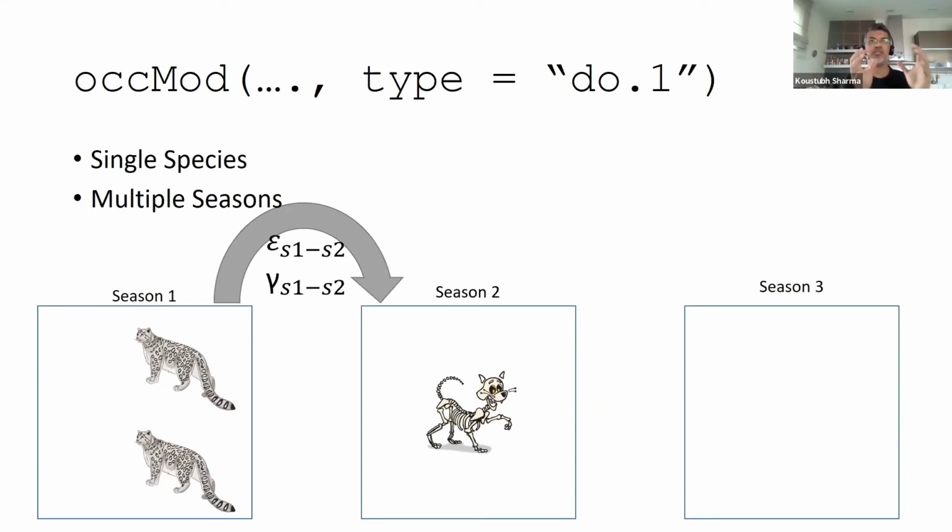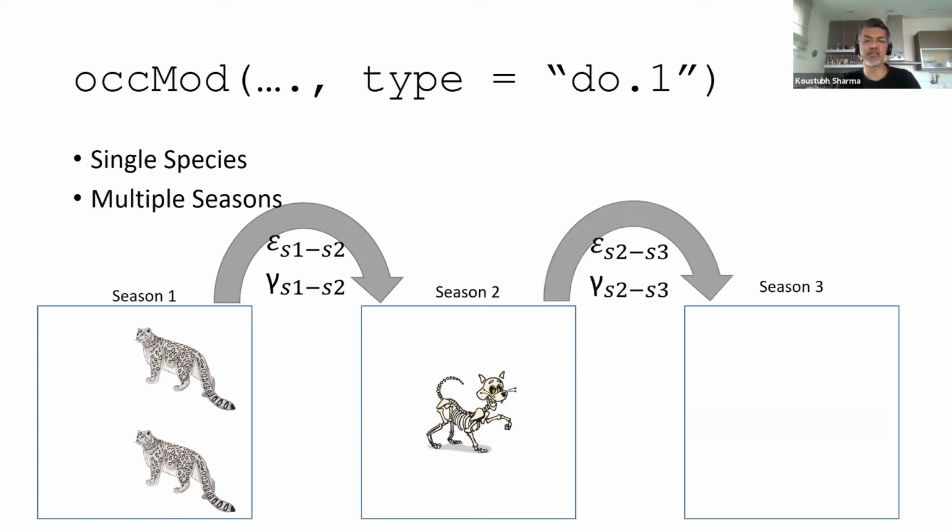People many times just pull them together and say between year 1 and year 2 things have changed. What you're basically doing is assuming that at the strike of midnight something has happened. So you always must make sure that if you're using multiple year data, one needs to bring in a time in between which allows the extinction or colonization to happen. Otherwise, you're just saying at the strike of midnight something has suddenly changed, which almost certainly may not be true.